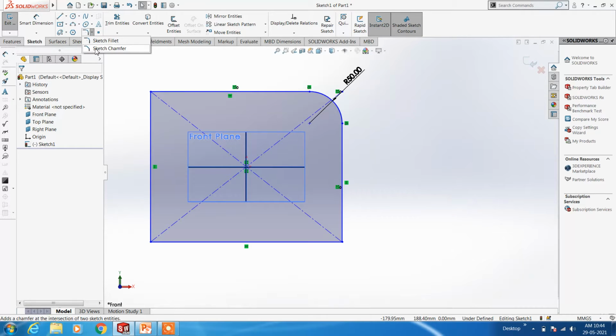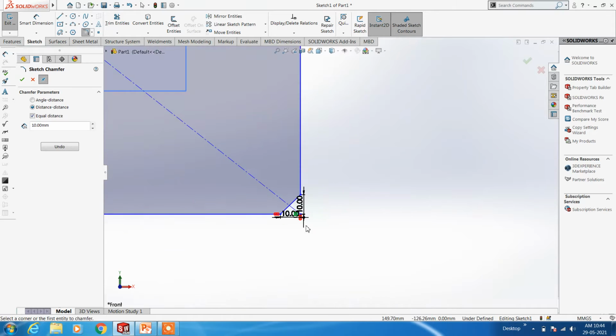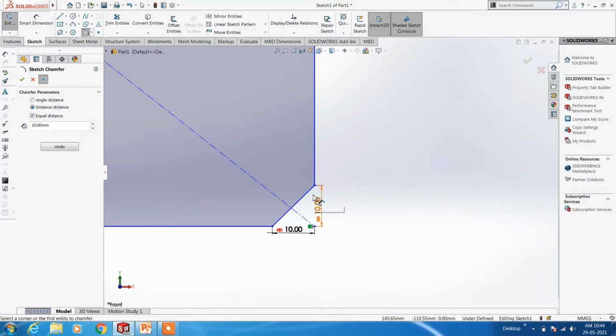Next one is chamfer. For chamfer we will be seeing angle into distance, and distance into distance. First we will be seeing distance into distance, the equal distance option. See, the vertical distance is 10 mm, horizontal distance is also 10 mm, so equal distance.